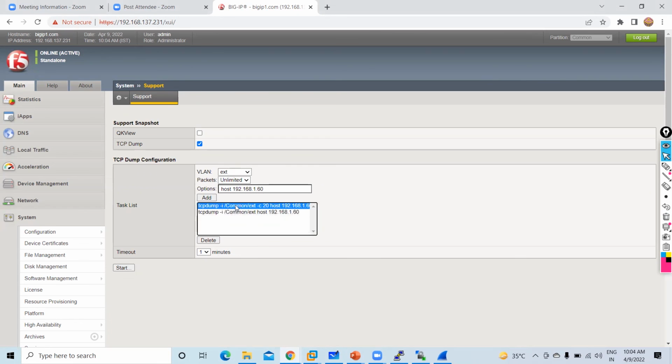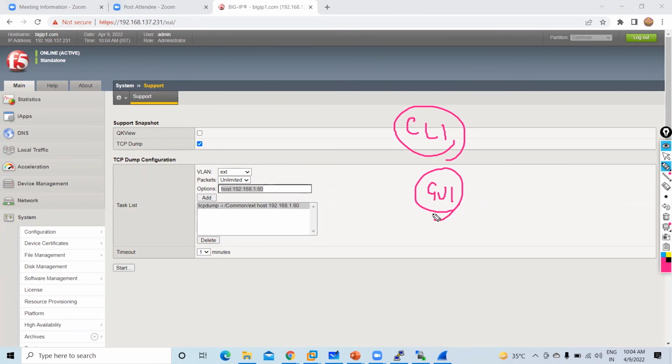Add, delete. Can you see this? -i VLAN external. But here, guys, if you want to capture a particular interface, you can do it here also. But here you need to mention it. That's why it's easier to collect captures using the CLI rather than the GUI. So that is how you can capture total in and out traffic using TCPDump. TCPDump is a utility